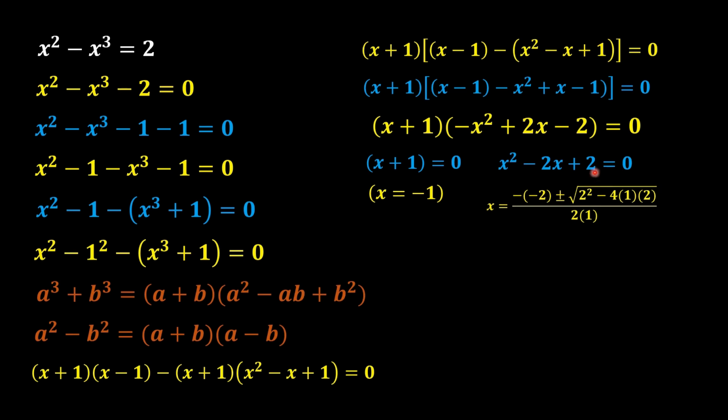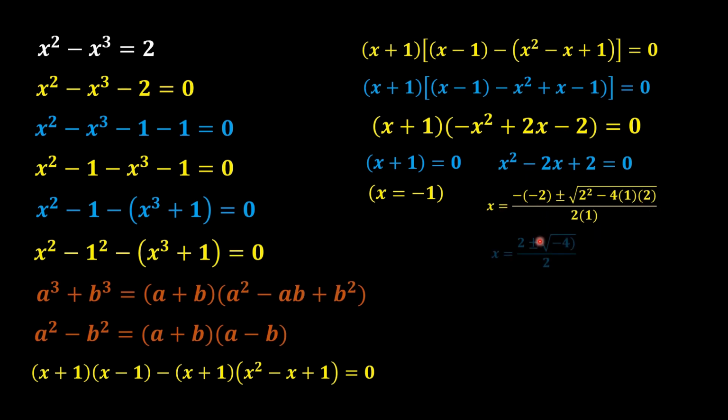And we should solve this equation x square minus 2x plus 2 by the quadratic formula. As we know that the quadratic formula is minus b plus minus under root b square minus 4ac upon 2a. So here we replace the quadratic formula by this quadratic equation. Here 1 is a, minus 2 is b and c is plus 2. So we should replace a, b, c in the quadratic formula from the values of this equation. As a result we should get x is equal to minus into minus 2 plus minus under root 2 square minus 4 into 1 into 2 over 2 into 1.